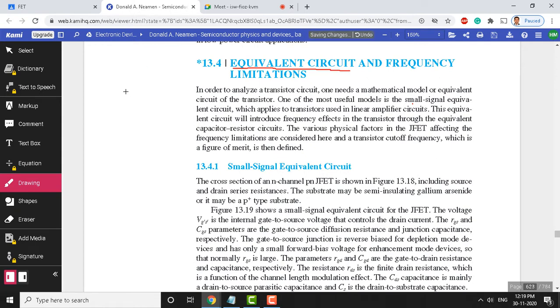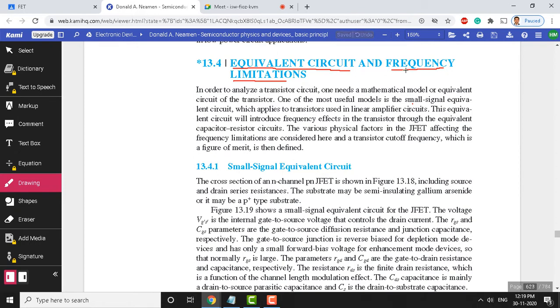Okay, so we have studied the JFET, basic JFET operation, and including the symbol representations and other things. Now we are in a position to find out an equivalent circuit and the frequency limitation. Because these transistors are subjected to different AC signal, different frequency of AC signal, and we'll see what frequency of AC signal this JFET can accept. What is the maximum frequency JFET can take as an input and do its operation? It may be amplification, it may be the switching operations, those things we will see here.